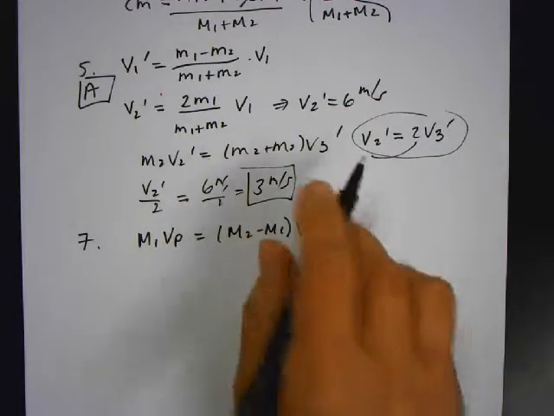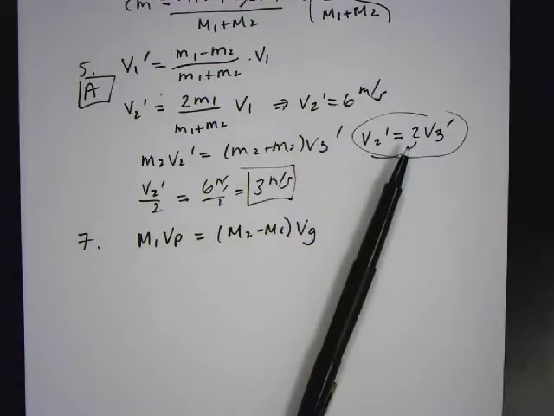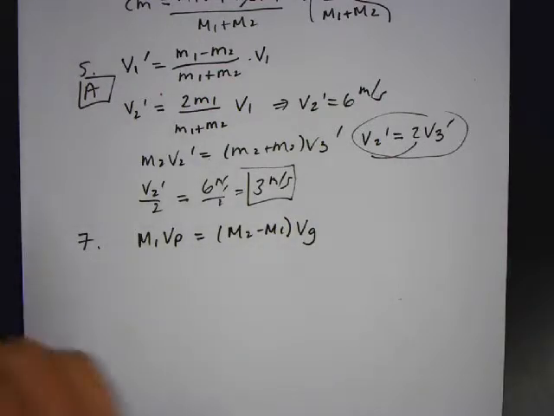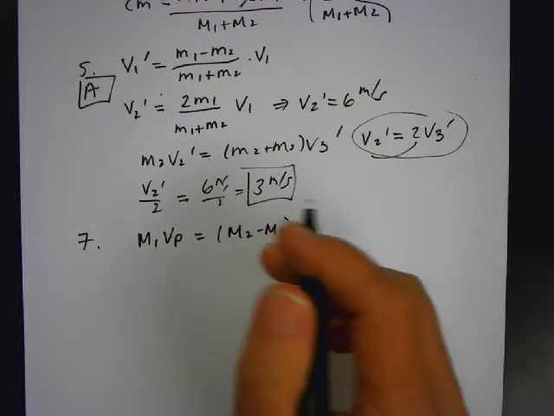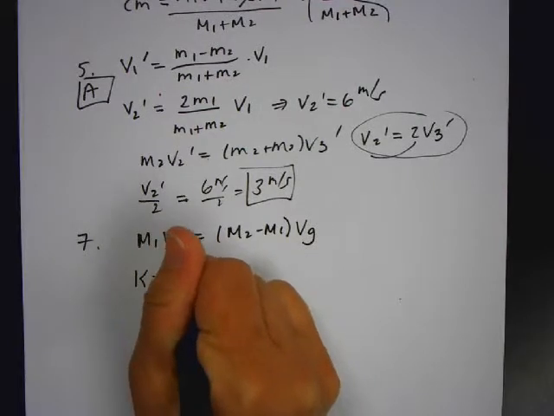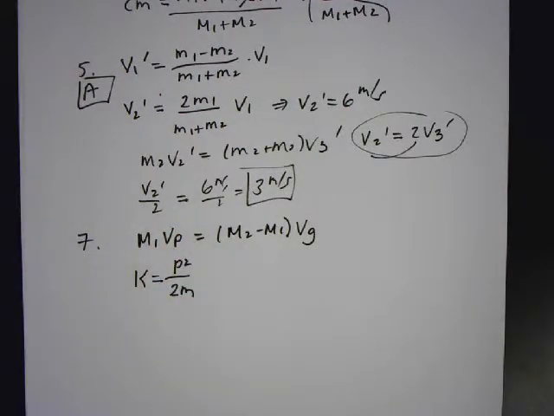If you really do a lot of math and substitute one equation into the other, you end up with kinetic energy is equal to p squared over 2m. But kinetic energy is 1/2 mv squared. So